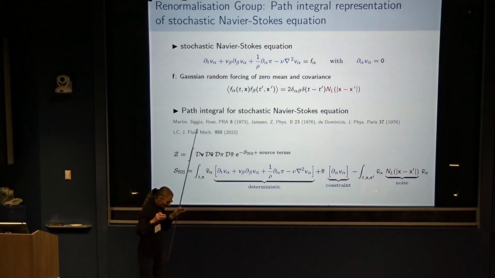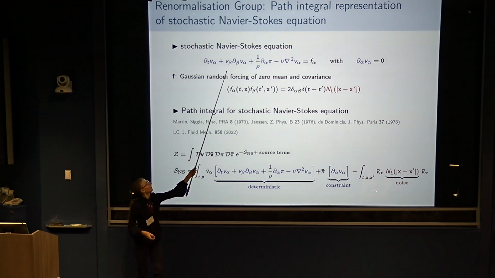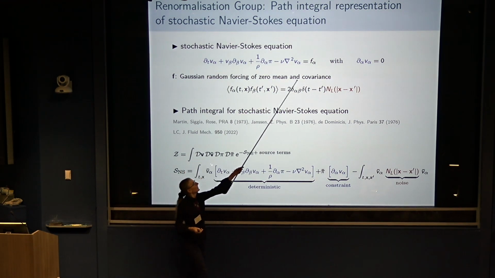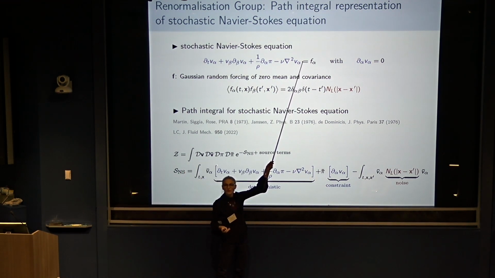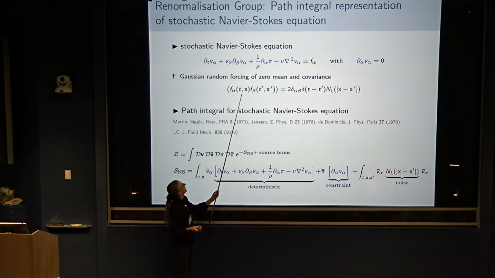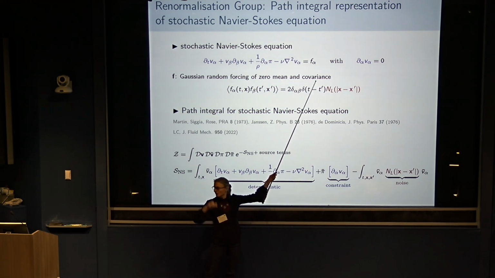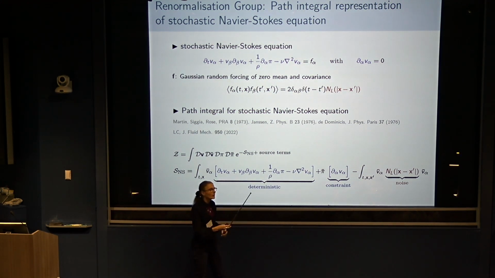So since we are talking about integrating averages over fluctuations, our starting point is the equation Laurent presented. It's a Navier-Stokes equation in the presence of stochastic forcing. And this forcing is chosen with a Gaussian distribution, and it has a covariance which is smooth and peaked at the integral scale to have a large-scale forcing. This is just a way to generate an ensemble of trajectories, right? Because you have a trajectory for each realization of the forcing.